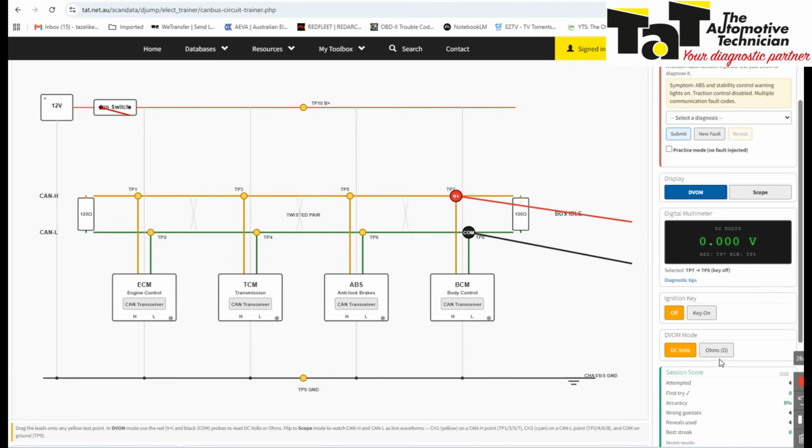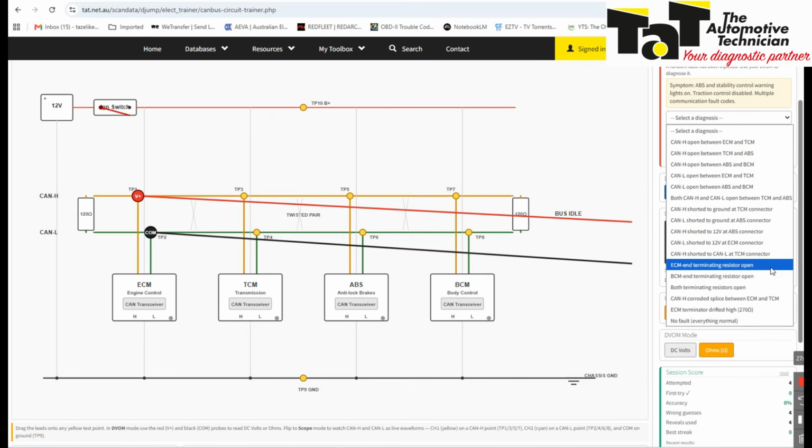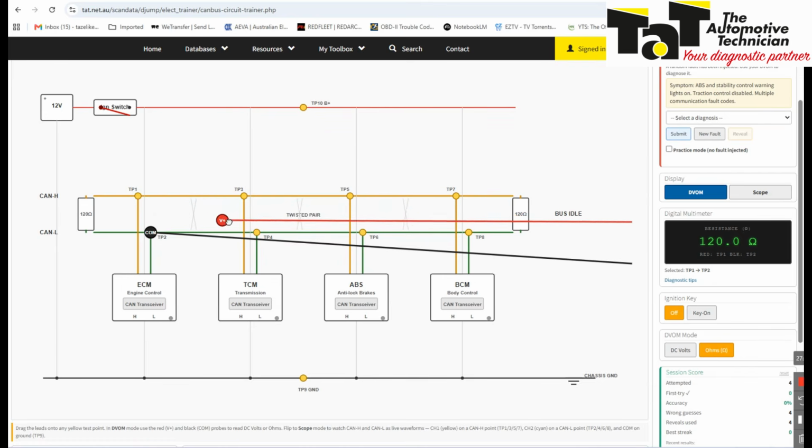And we are ohms, 120 ohms. Goodness me, that's no good, is it? Now only one would be open, of course. If they were both open, we wouldn't have any reading at all. We've got 120, which means one of them is out. And maybe I can come down to here,